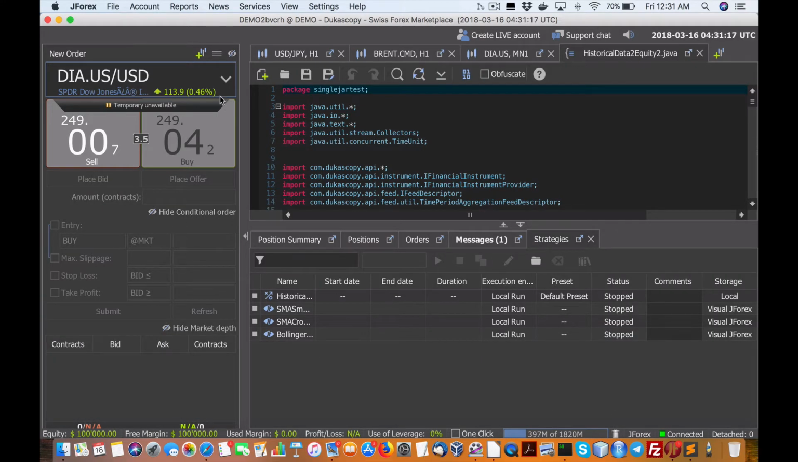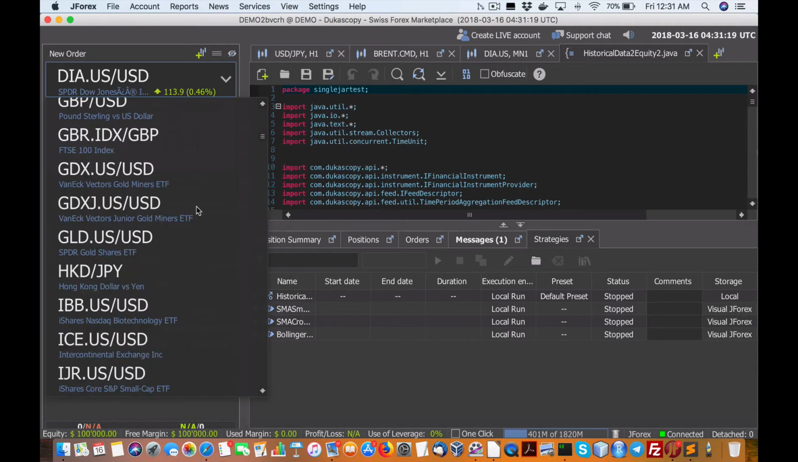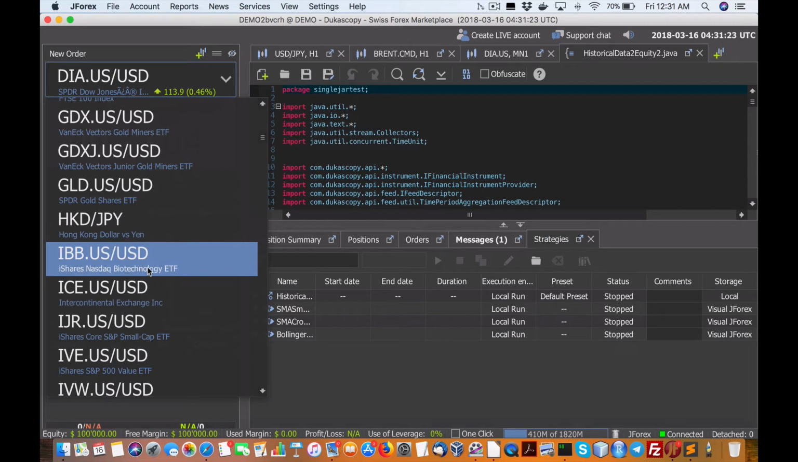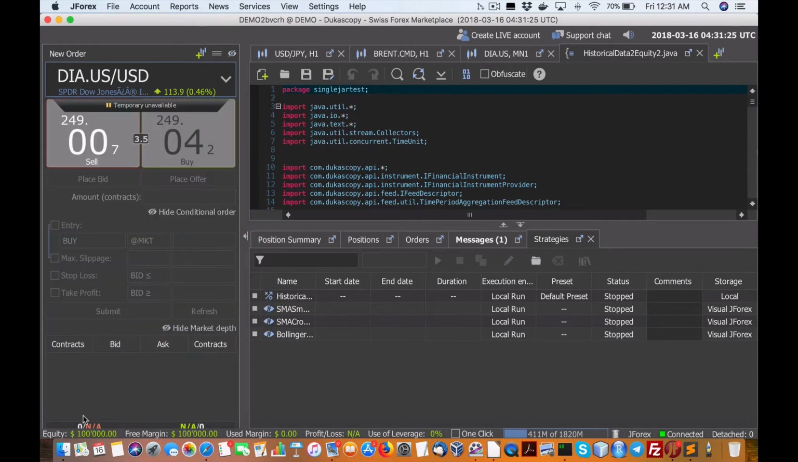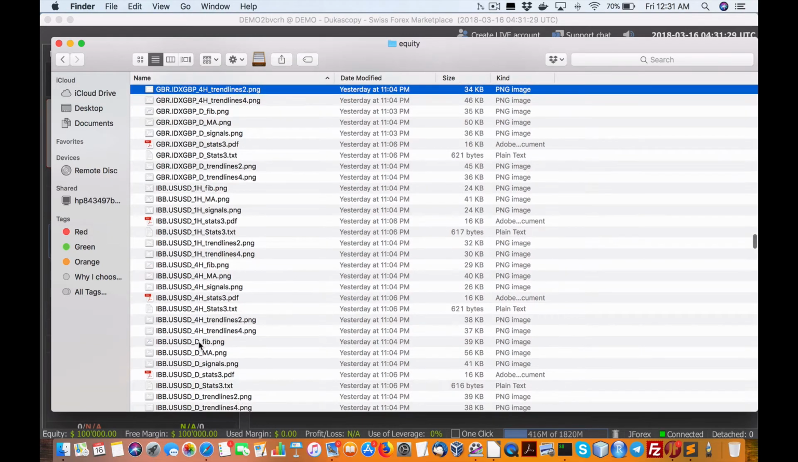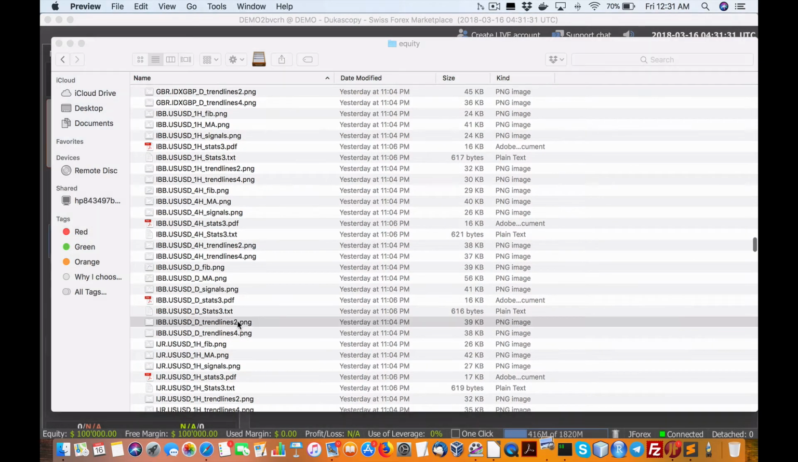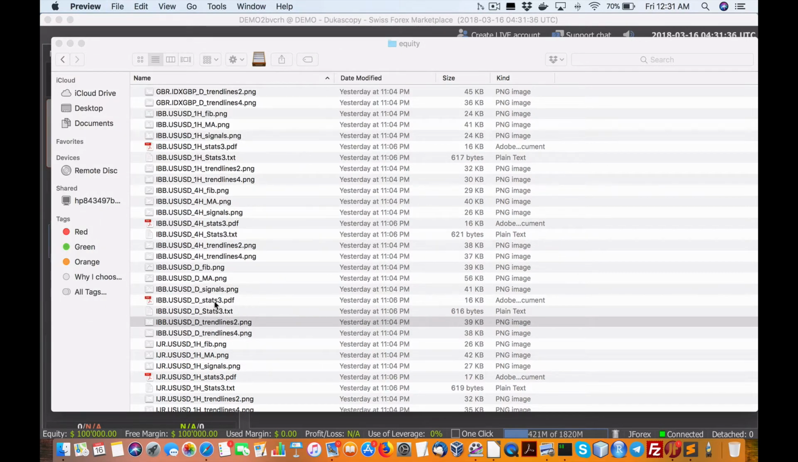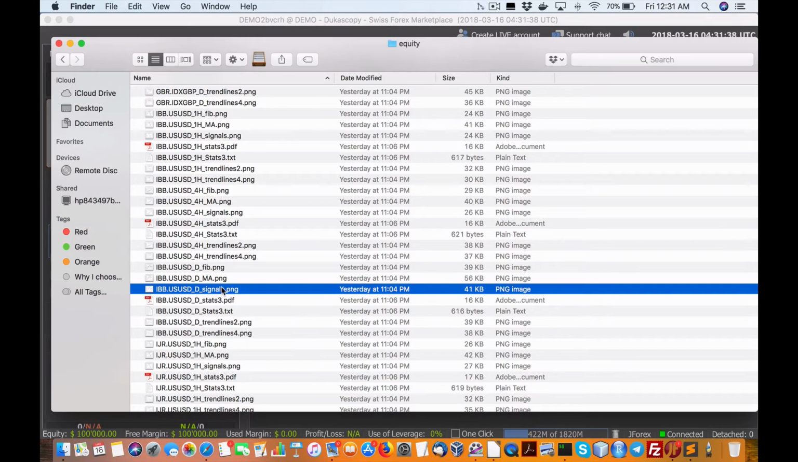IBB is Nasdaq Biotech. So we're starting to hit some U.S. sectors. IBB Biotech. This could be an interesting one. Starting to shoot back up. This could be a defensive play if the markets do turn. On the signaling,